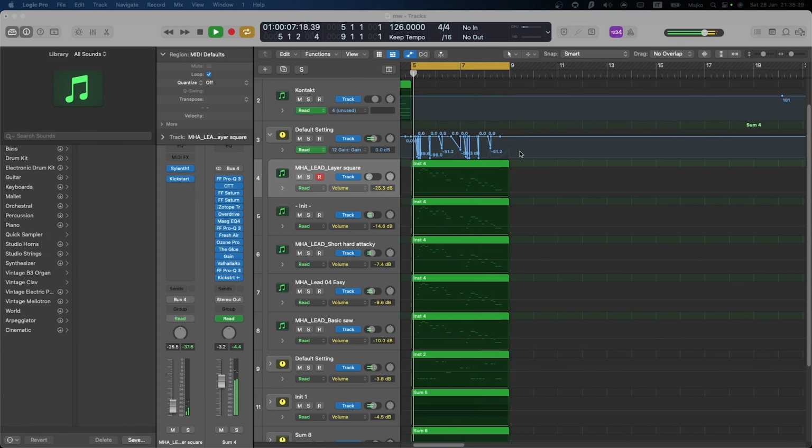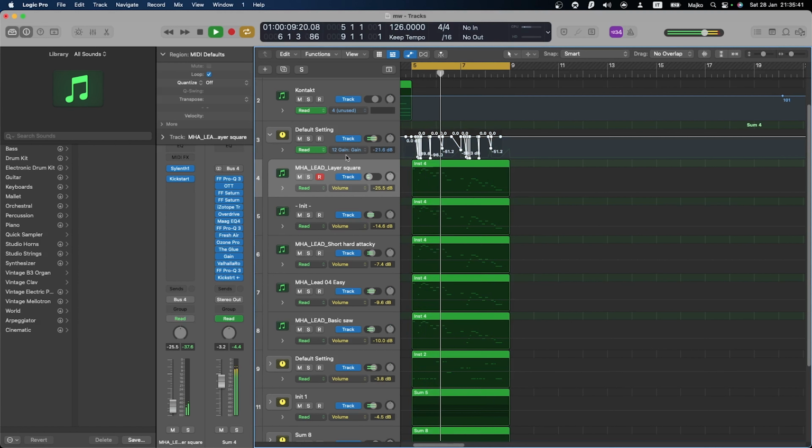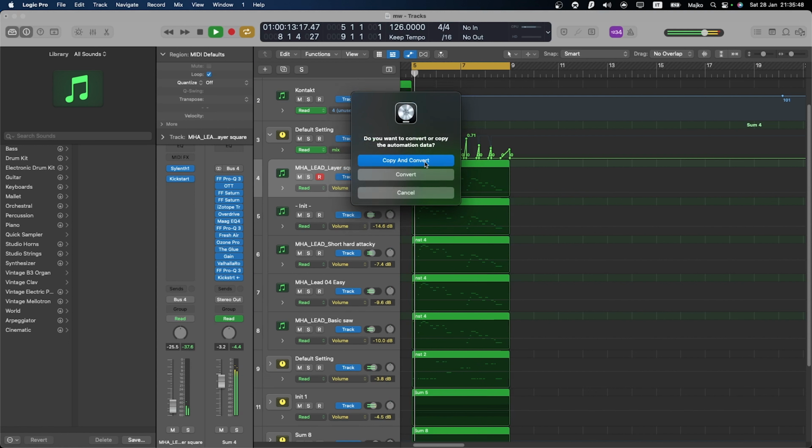So you see, you press Command from the automation you want to copy, then you access the menu by command clicking, and then you keep your command key pressed and you select your destination parameter. It's just very complicated. I don't understand why, but it's only available on the same track, so you can't cross paste to different tracks, which is bad. I don't get why they've made it so complicated.